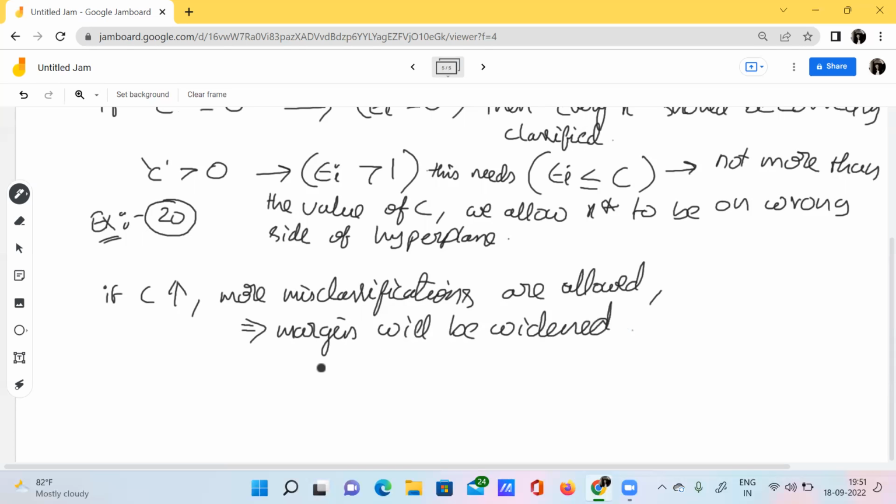Then what happens? If the margin is widened, then it should have high bias and low variance.